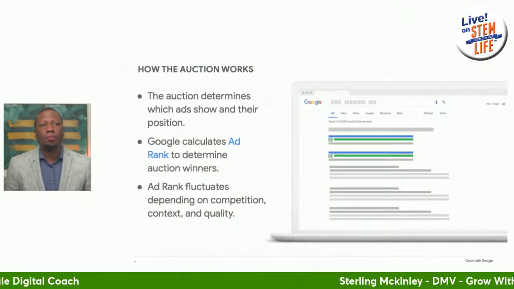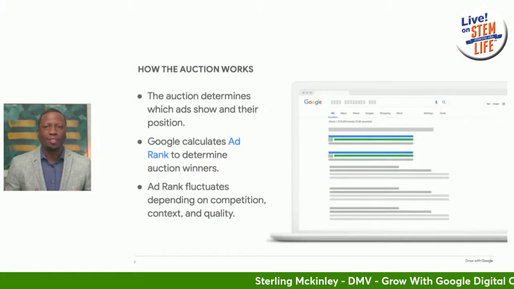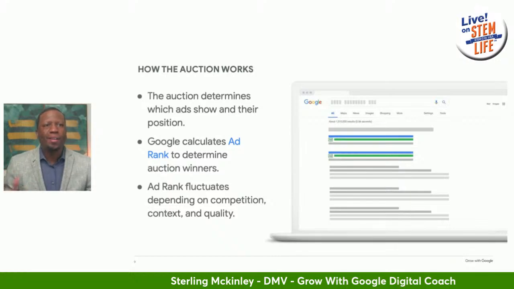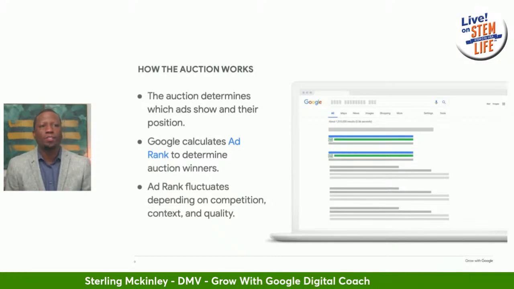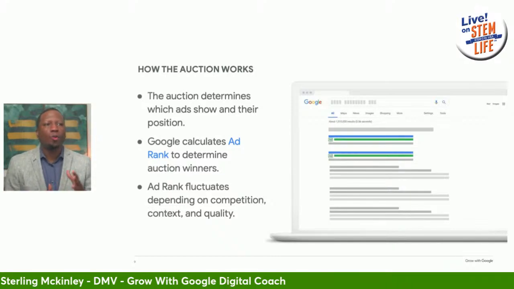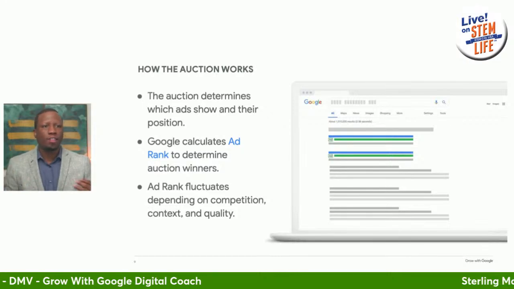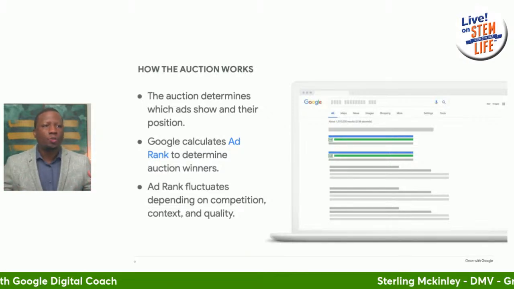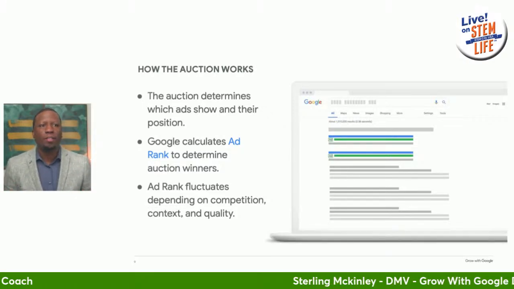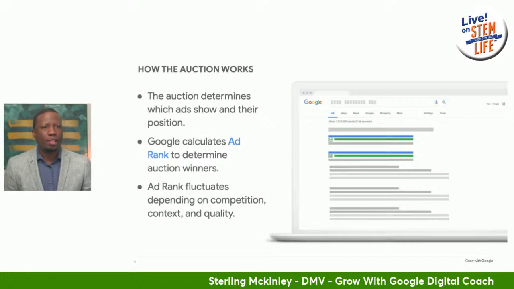Let's break down how the auction works. So once again, it's a little confusing. I'll make it simple for you. The auction determines which ads show in which position, if you're first, second, or third. Now, Google calculates ad ranks to determine the auction winners. Once again, the ad rank